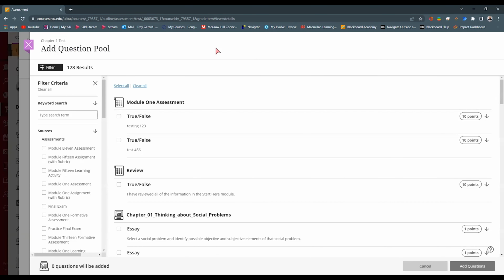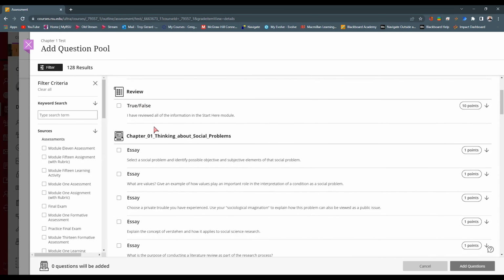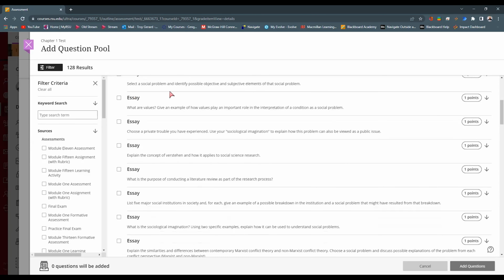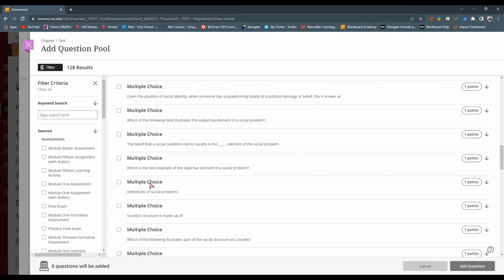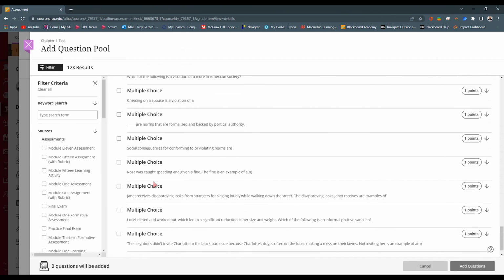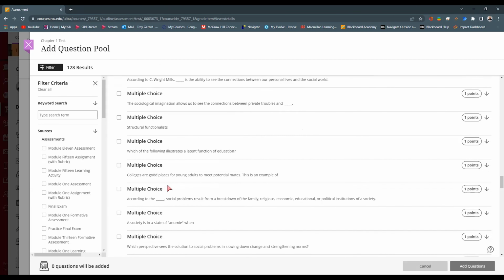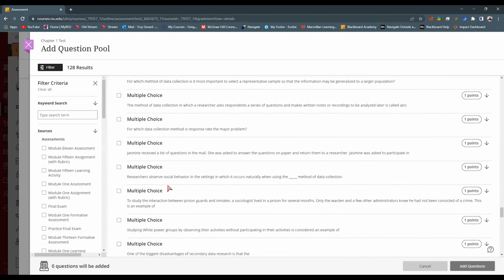Now I'm in the question pool or the test bank manager. This allows me to look into this file and see that I have true and false questions. I have essay questions here from this chapter 1. I have multiple choice questions. As I keep scrolling, I'll find more questions. I have true and false at the bottom. It's going to give me all of these options